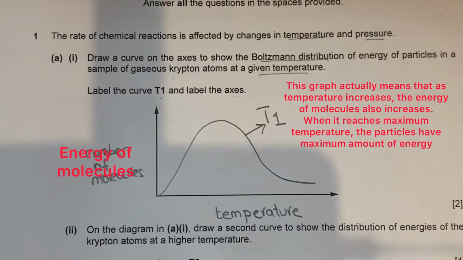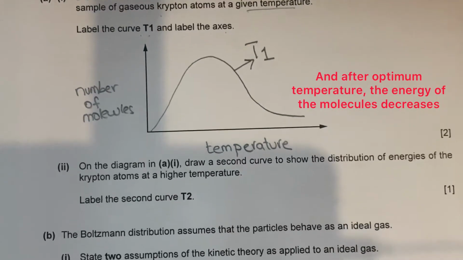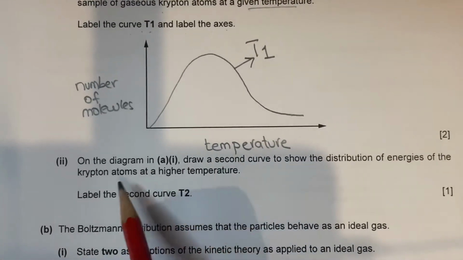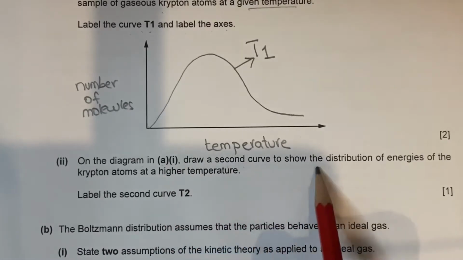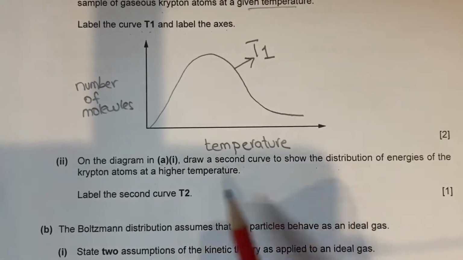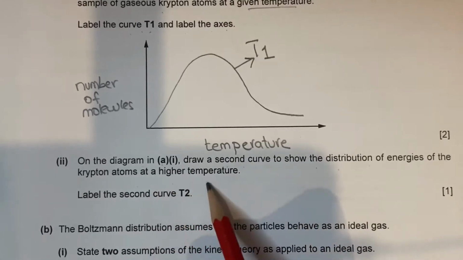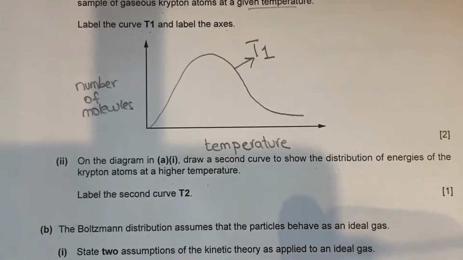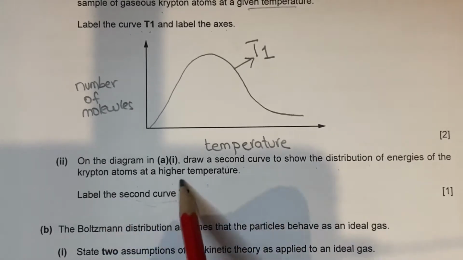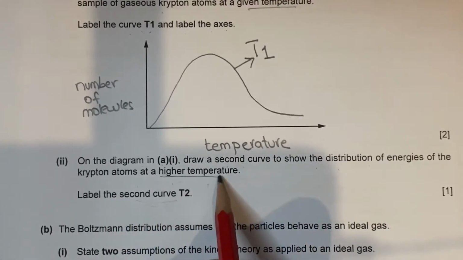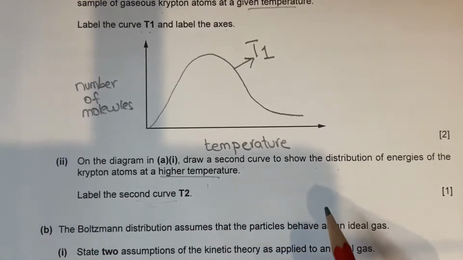Alright, now let's move on to the second part, which says on the diagram in A1, draw a second curve to show the distribution of energies of the krypton atoms at a higher temperature. Alright, so what are we supposed to do over here? We have to label the second curve. So when the temperature is higher of a curve,